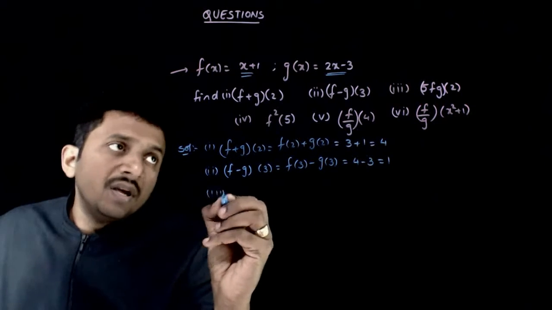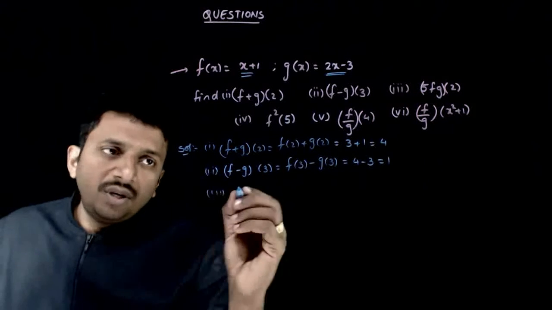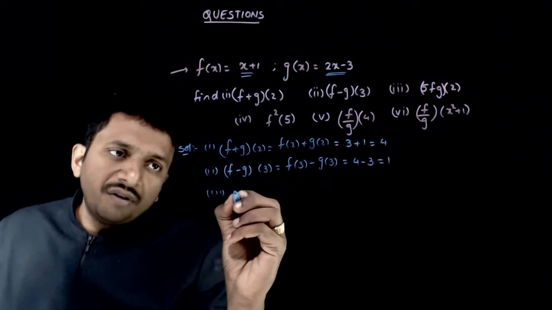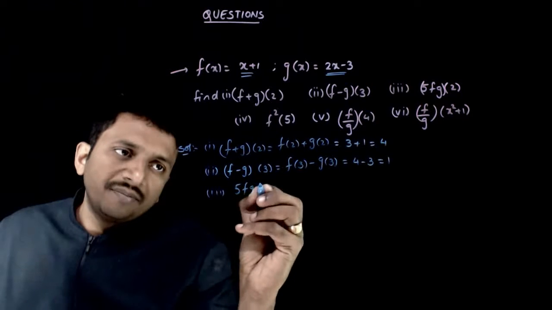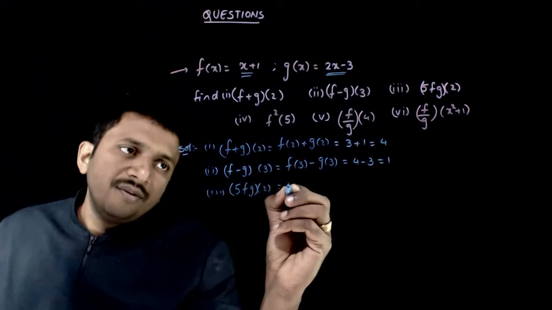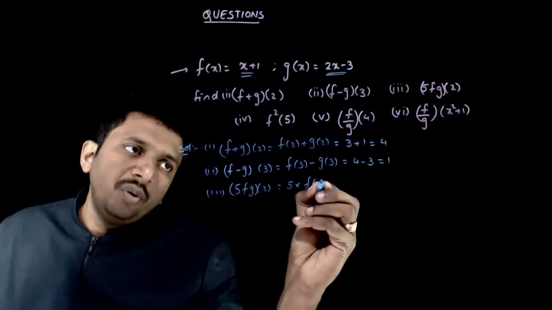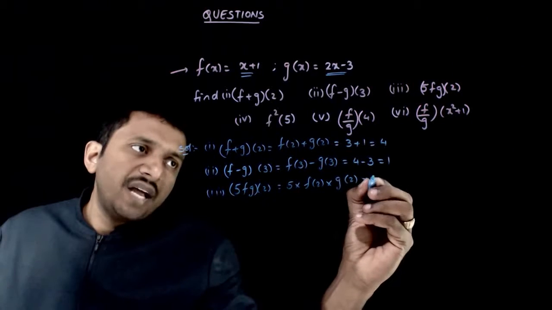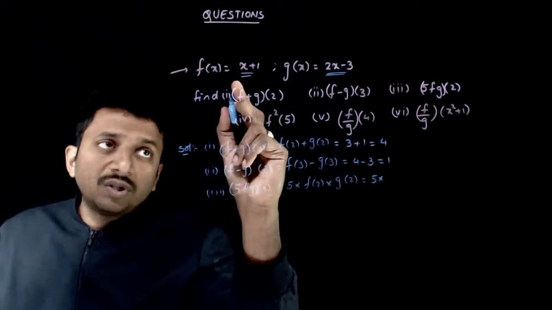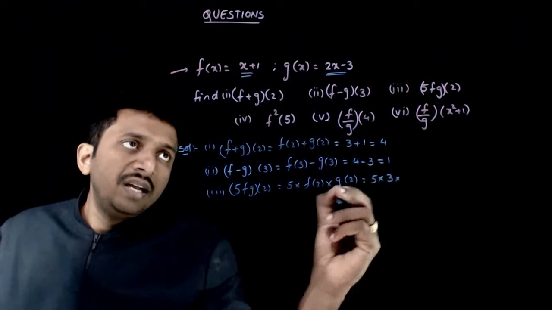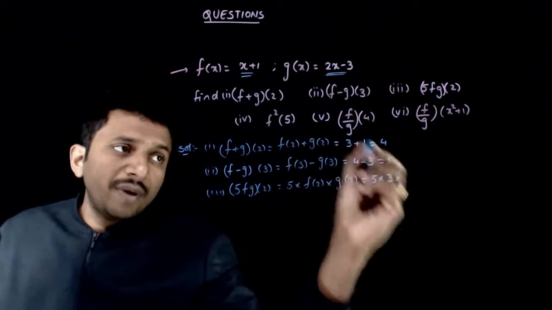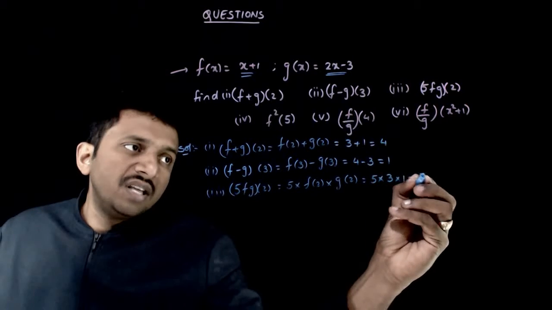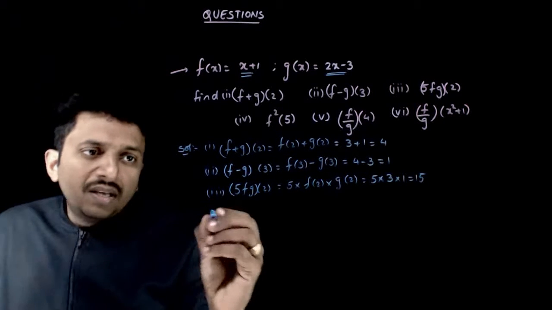And what is 5fg of 2? 5fg of 2 is nothing but 5 times f of 2 into g of 2. That is equal to 5 times f of 2, which is 2 plus 1, 3, into g of 2, which is 4 minus 3, 1, which is equal to 15. And